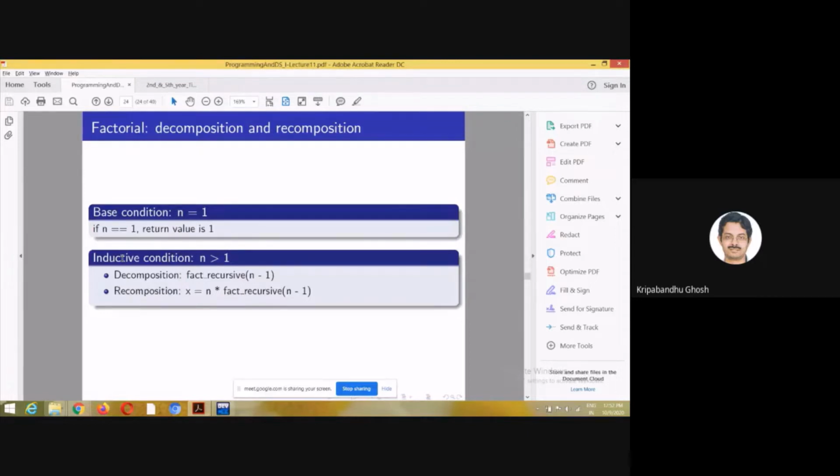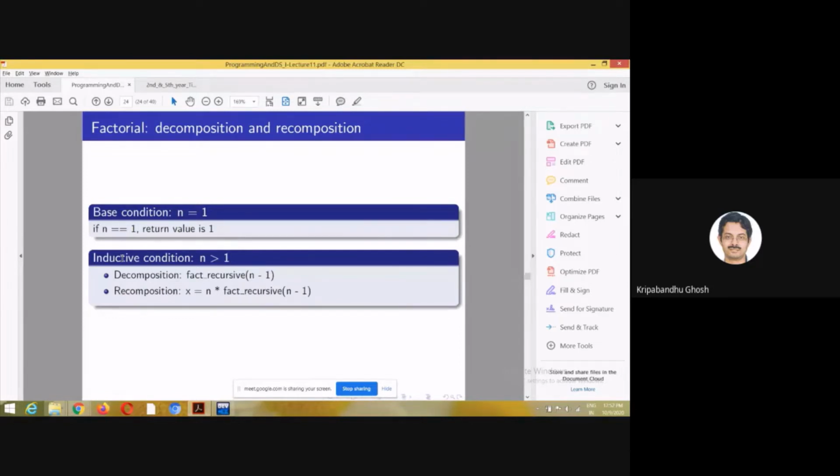So you want to show that this happens for all n. You start with a base condition, right? So for n equal to 1 you show it, or maybe for n equal to 2 you show it. Then you assume that it happens for n equals m. Then you want to show it for n equal to m plus 1, and you show that it holds for m plus 1 also, right? That is the thought process.